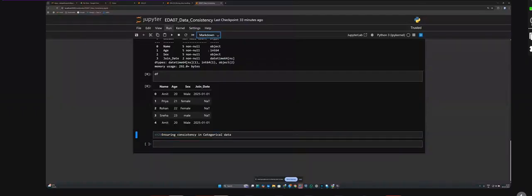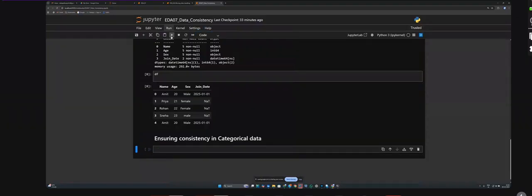How do we do that? We normalize text case. For example, the column we are going to treat is df sex, which is equal to